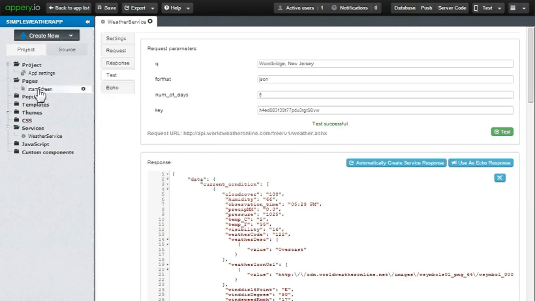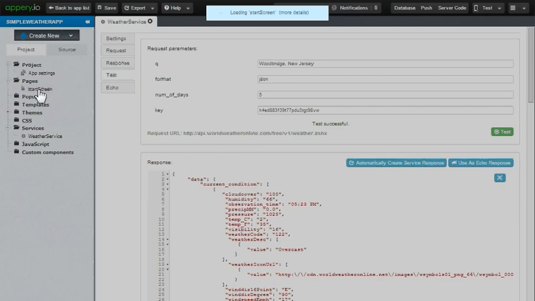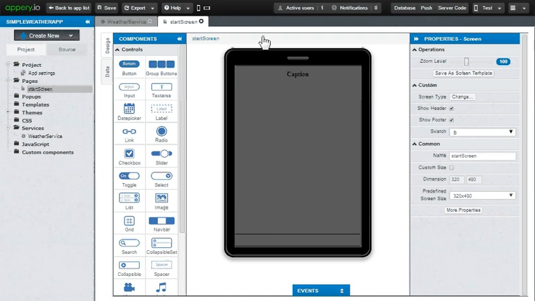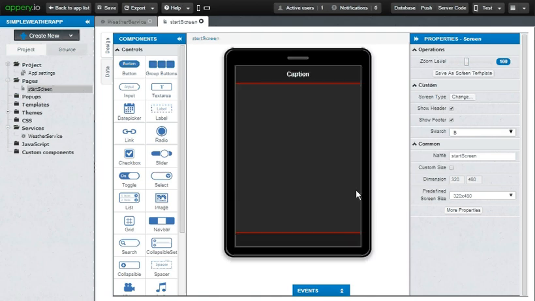So let's go over to the start screen now. Just double click on the start screen. It'll open up the screen. Since this was a default screen provided to us, it has some kind of a generic user interface. We'll start changing that right away.